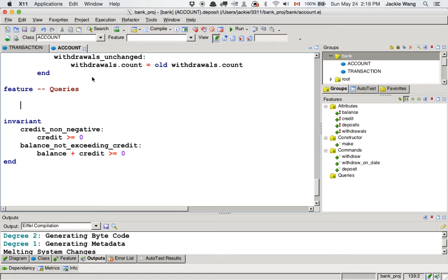So given the history of the withdrawals, if I tell you a particular date, can you tell me all the withdrawals that were actually done on that particular date? Okay, that's what this query is supposed to do. So we call that